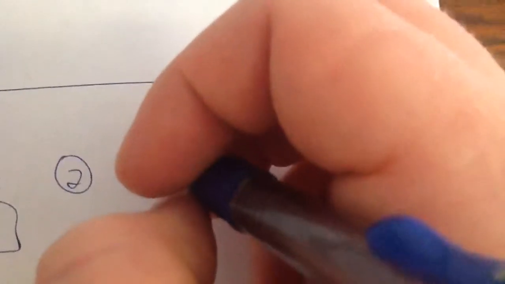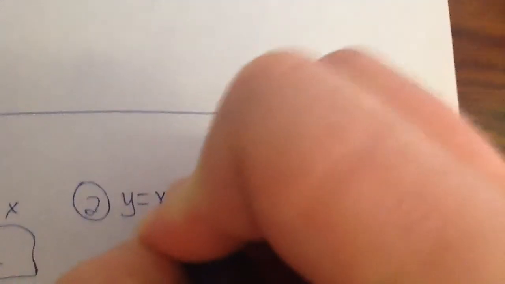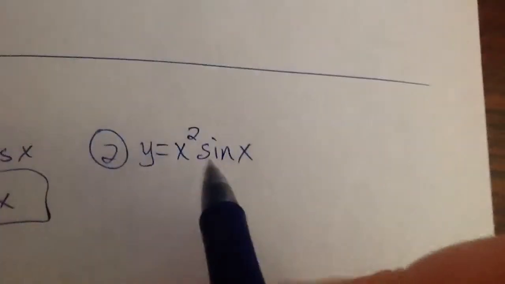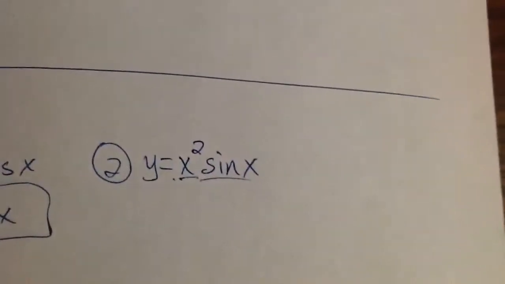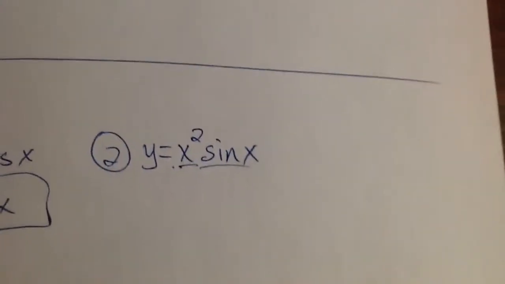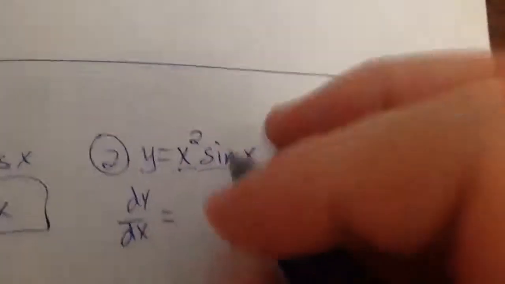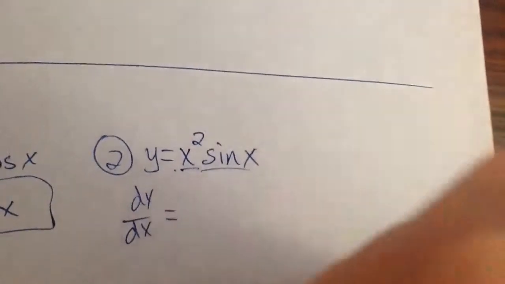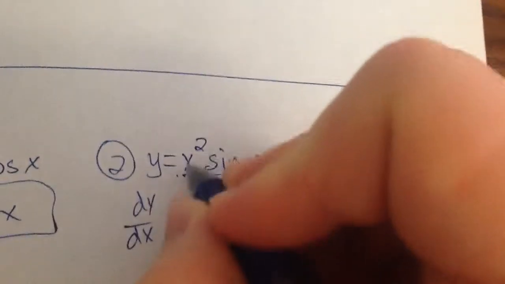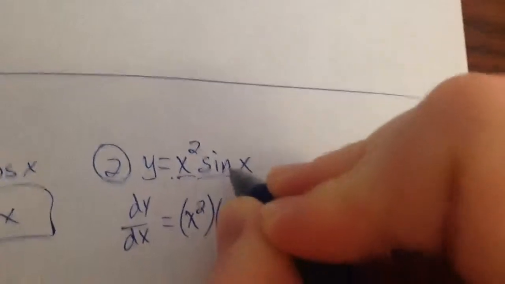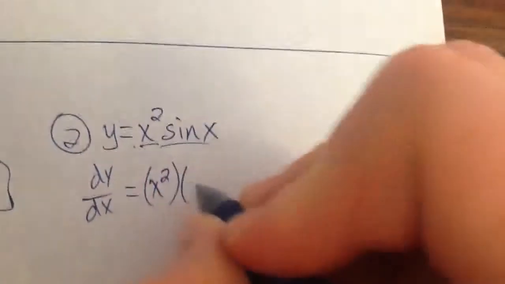Let's see, where's the one I want to do? Y equals x squared times the sine of x. This is not addition. We've got x squared multiplied by the sine of x. So you're going to have to use product rule. Product rule is easy. So derivative dy dx. Remember, it's just uv prime plus vu prime. Or I just take the first one times the derivative of the second one. Well, the derivative of sine, what was that? Cosine. So derivative of that is cosine